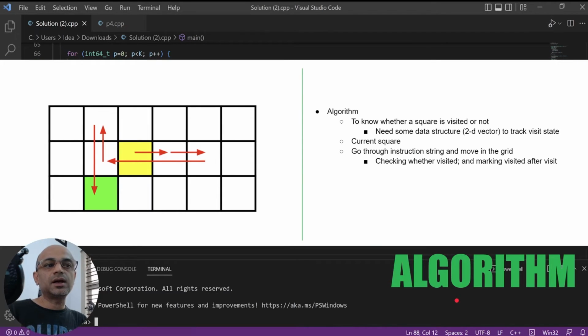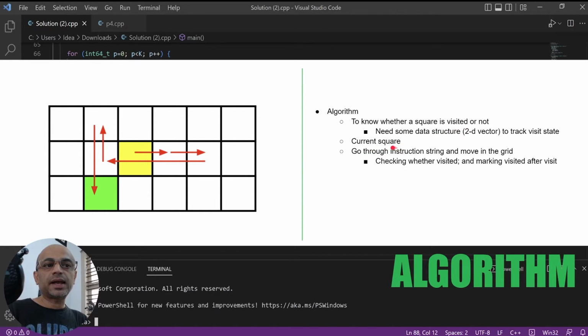So let's look at the algorithm. Since we need to track whether a square is visited or not, we need some data structure to store that information. So we can use a 2-dimensional vector representing the grid and the information whether a square in the grid is visited or not.